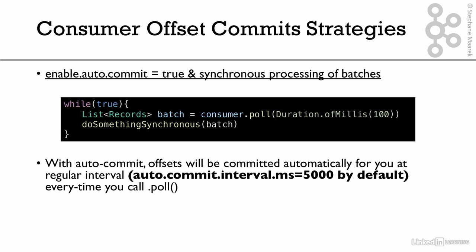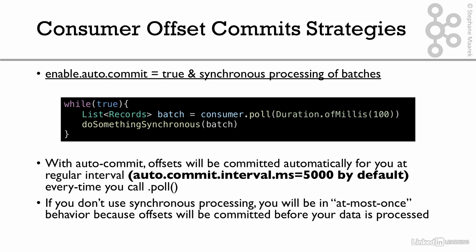Basically, with autocommit enabled by default, offsets will be committed automatically for you at a regular interval, which is 5 seconds by default, every time you call poll. So this is something that's been implemented and saying, okay, your consumers will commit whatever has been done automatically every 5,000 milliseconds. So this is a nice behavior, but if you don't use synchronous processing, if you do something asynchronous,